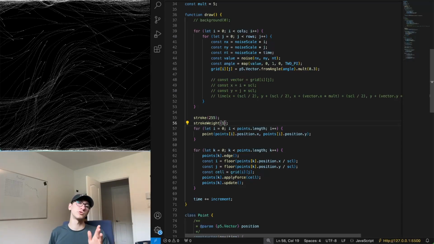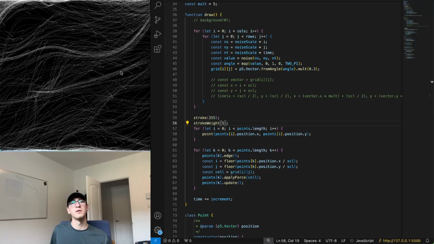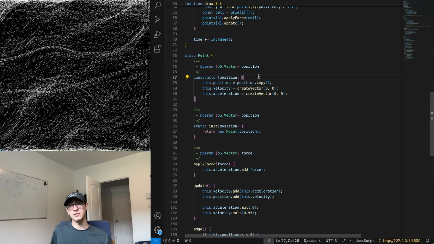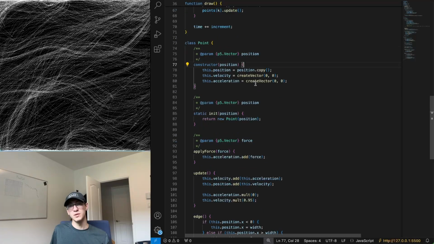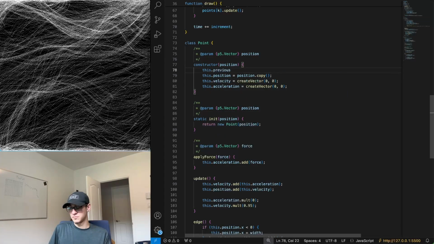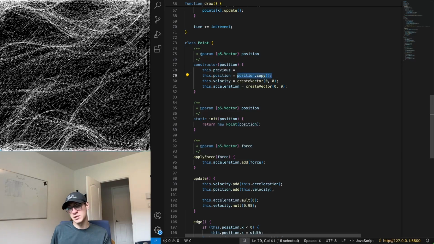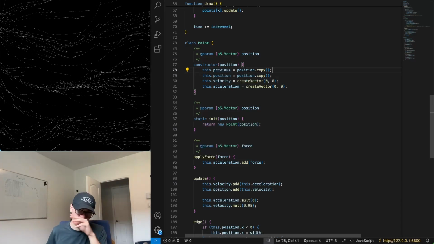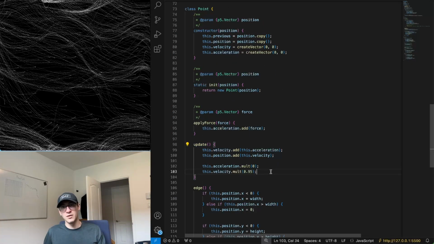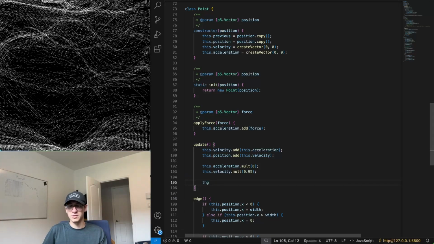Great. Right now they are drawn as points. So sure, it's showing. But what I want to do is draw them as lines. And what I can do for that is basically have the previous position. Let's call it previous. It's fine. And to start with, it's going to be the position itself. And then every time we update, we're going to set this dot previous